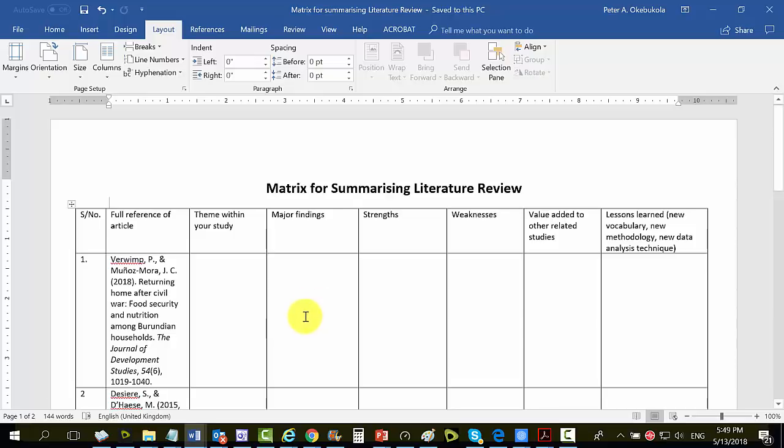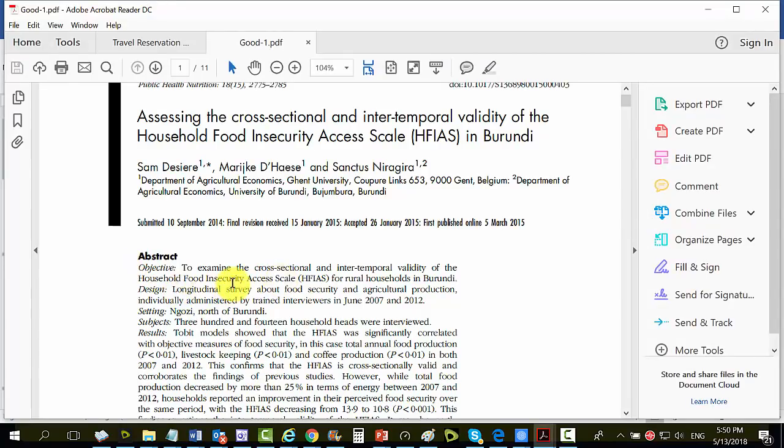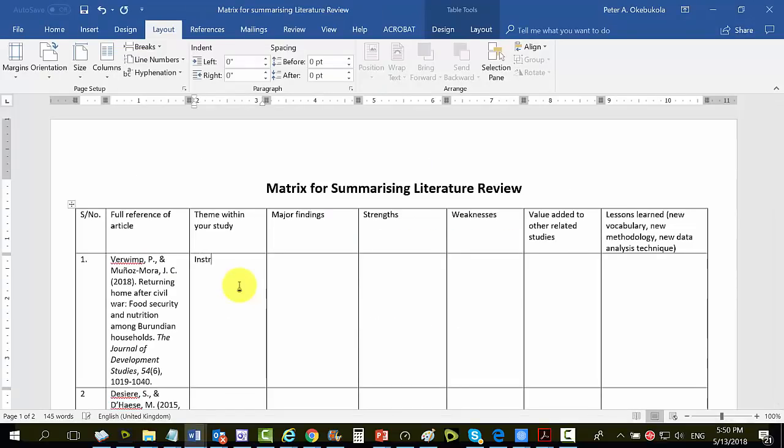So let us proceed with our practical work. For this study, let's go to it. This is the intertemporal validity of the household food security access scale. It develops the theme about instruments for measuring household food insecurity. So this one will be the instrument. I can just go back there and put that as the theme of the paper. The theme will be instruments for measuring